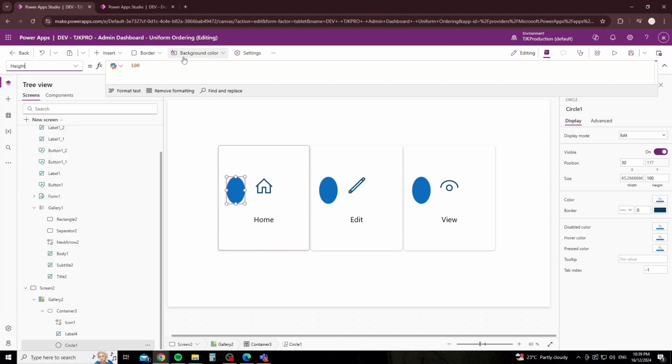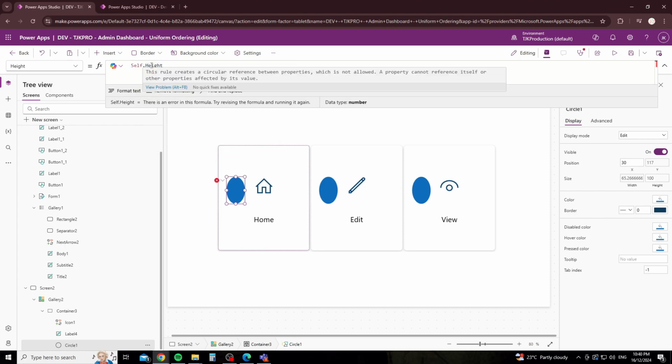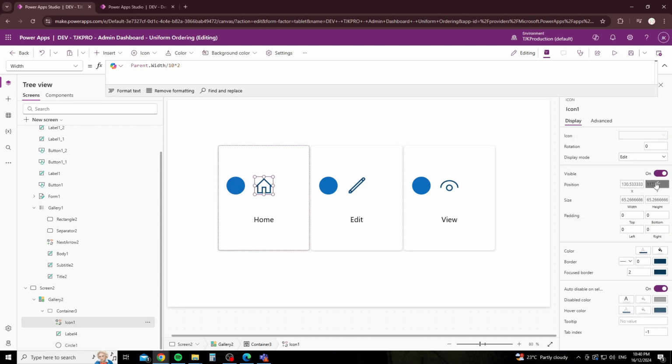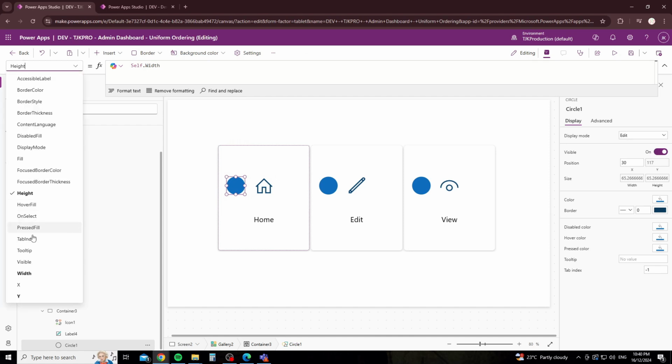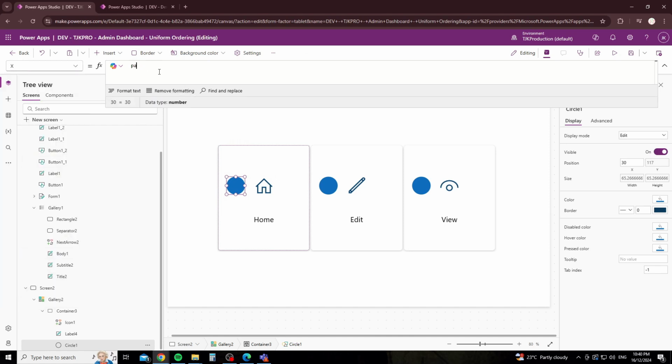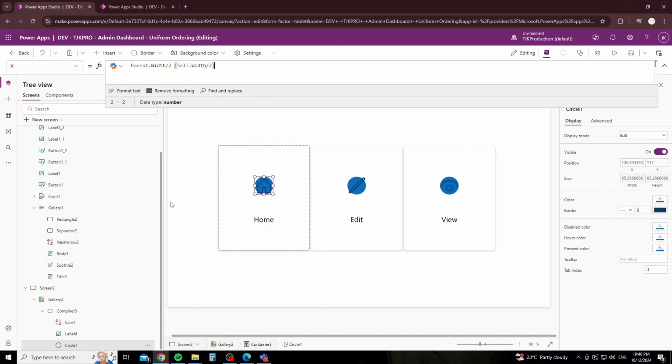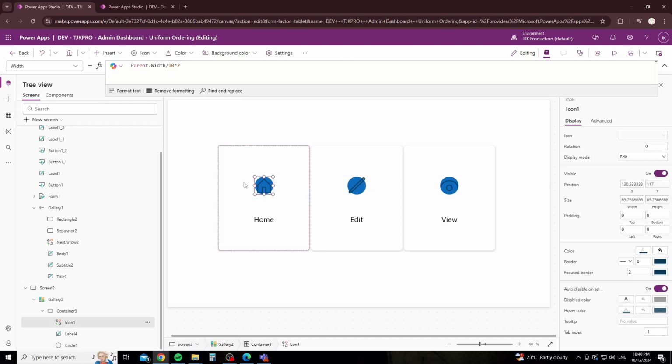height, self.height, oops, self.width, sorry, my bad. Okay, we can see that it's about the same height. It is the exact same y-axis, 117 by 117. So now let's move it into the middle. Parent.width divided by 2 minus self.width. Okay, so what we can see there is that it is the same x-axis and y-axis,